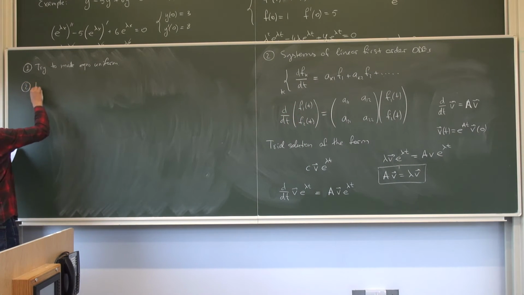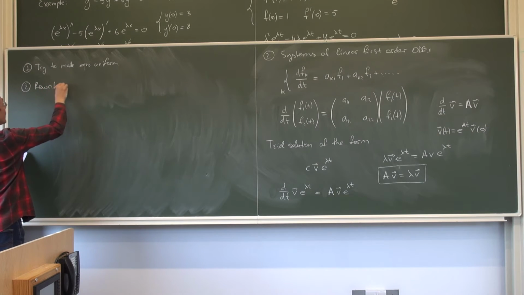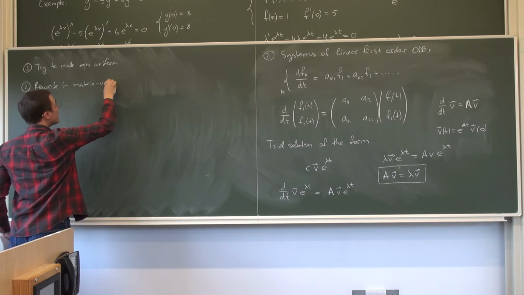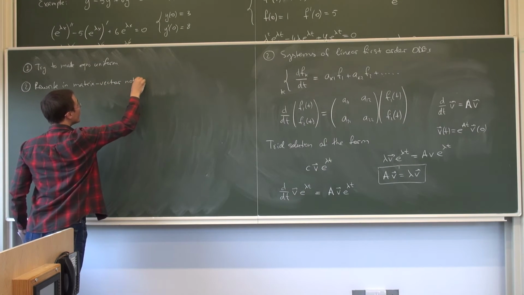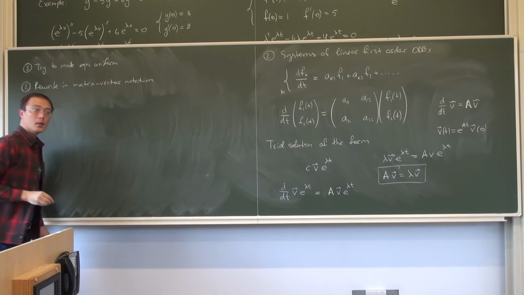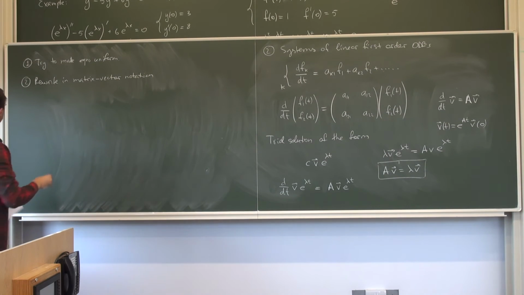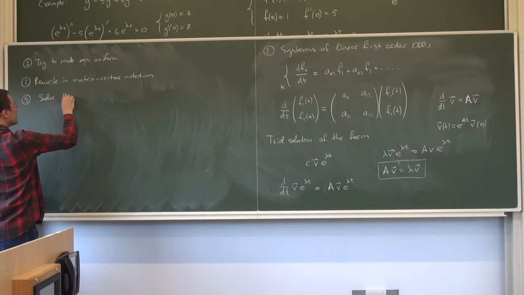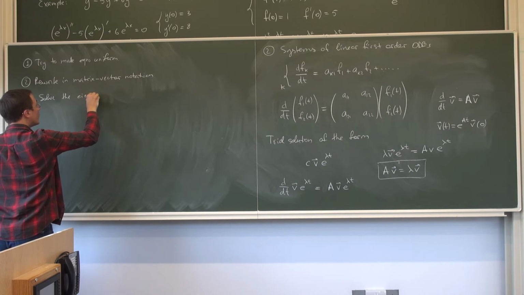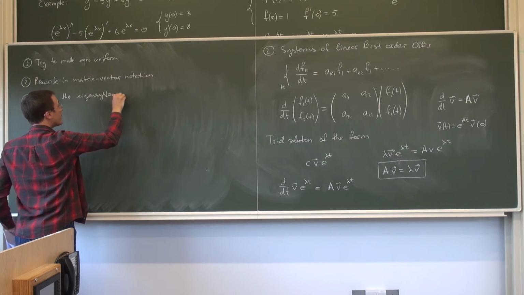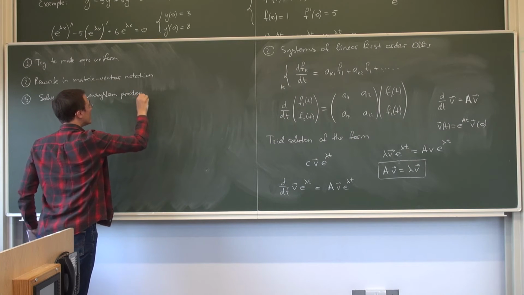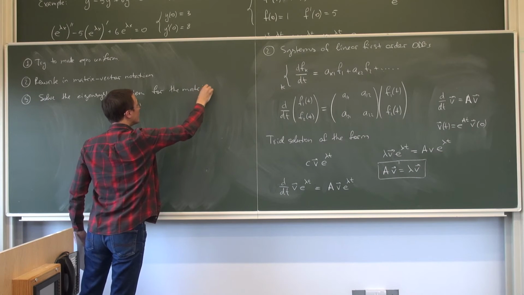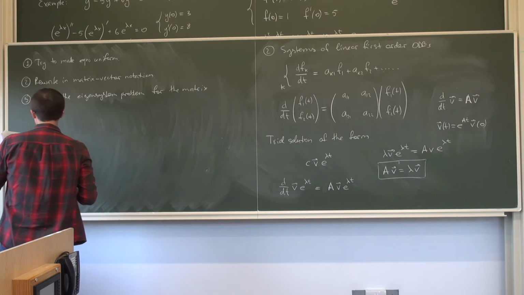Second, we write in matrix-vector notation. This is why I've been torturing you with that stuff. Third, solve the eigensystem problem for the matrix. And then your general solution